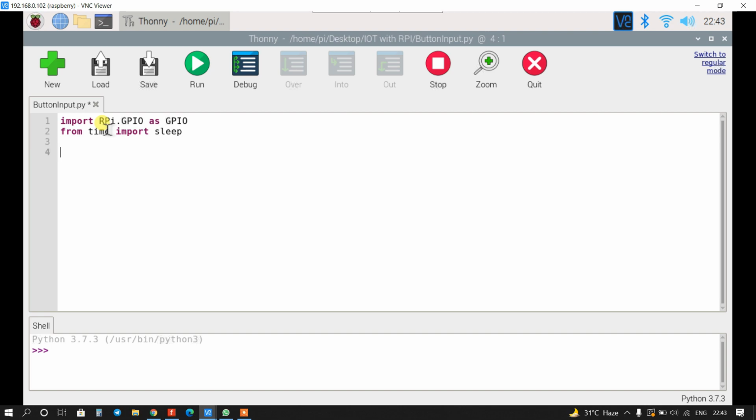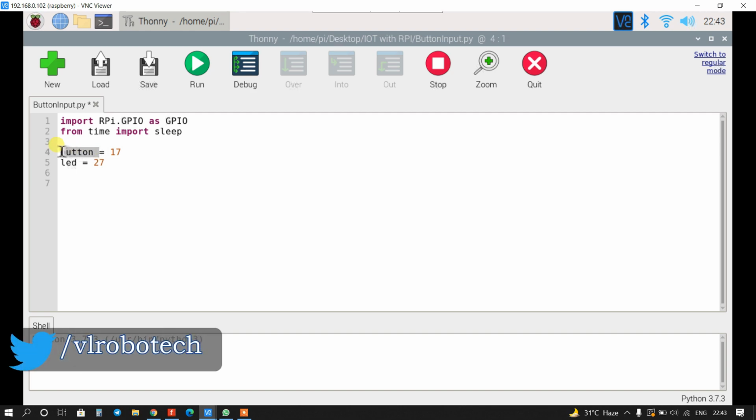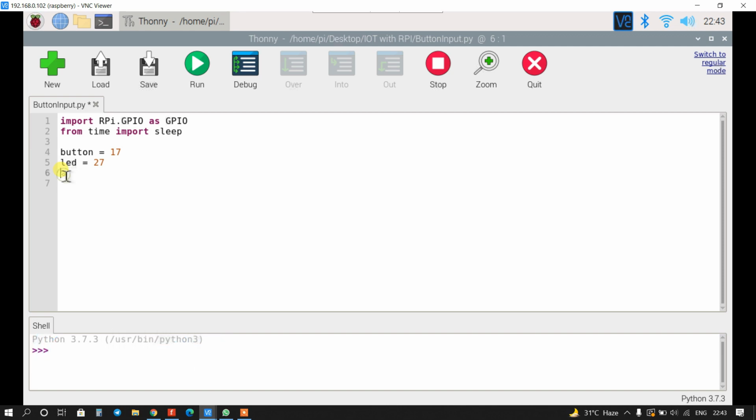Okay, I will just create a variable. The button is connected on GPIO 17, and for the LED I will assign 27 because the LED is connected on GPIO 27. LED and button are nothing, they are just GPIO pins. Button is GPIO 17 and LED is GPIO 27, right?